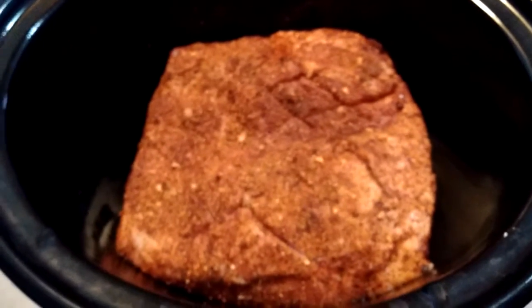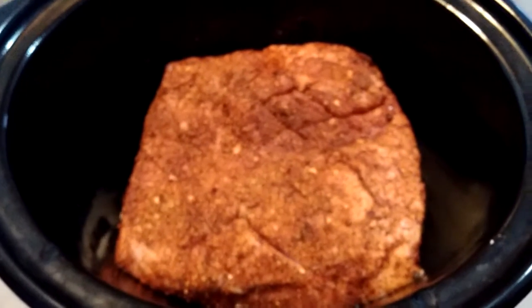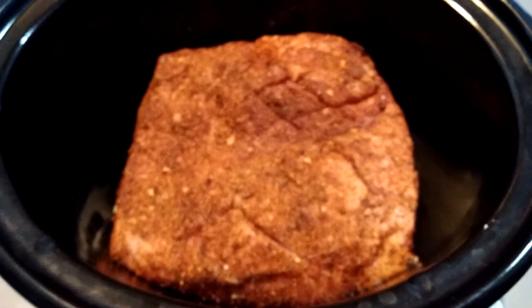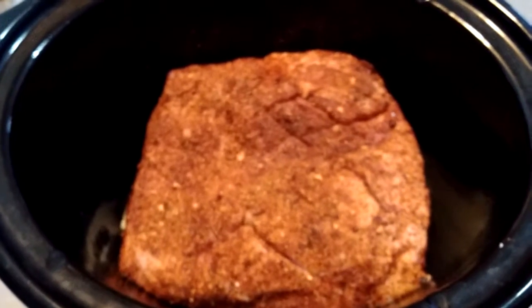So here you can see we have the pork roast in the slow cooker on top of a nice little bed of onions there, with the cut side up and the entire surface coated in the dry rub. Okay, so that's it. Our roast is in the slow cooker. We're going to put that on high for about an hour just to let everything get heated up. We'll turn it down to the low setting for another 7 hours or so